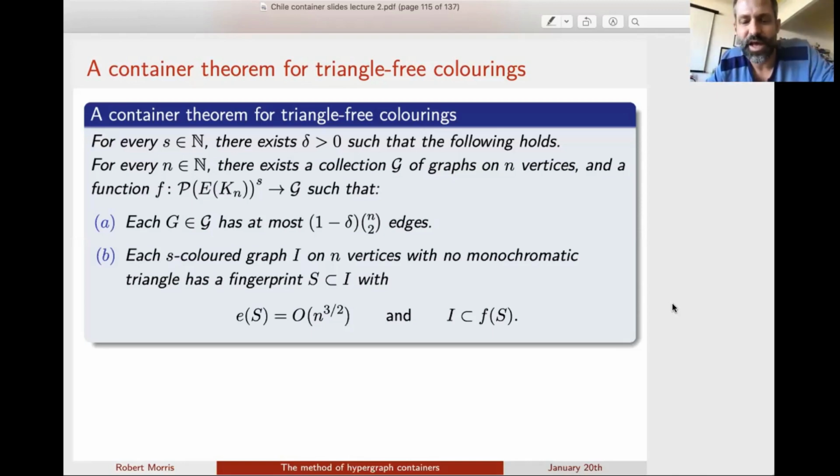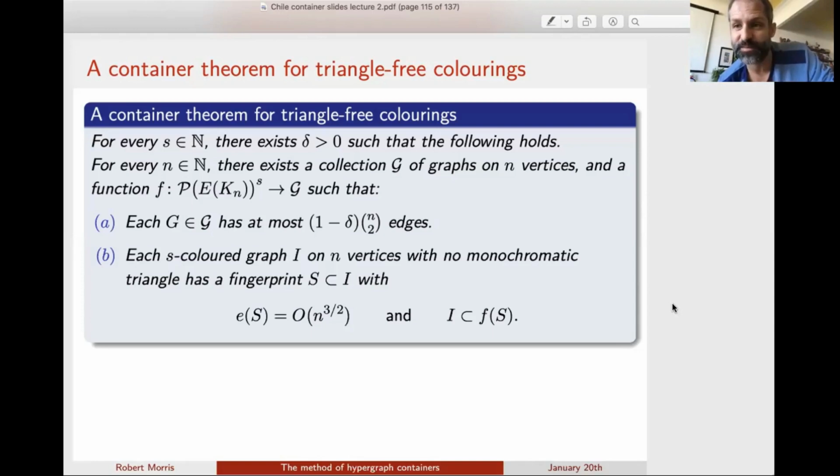And I'm thinking of this container as being the union of those graphs. As long as in that union of graphs there are many monochromatic triangles, so you just have a bunch of graphs, and in each one you look at the triangles, if there are many triangles overall, a constant times n cubed, then you can apply the